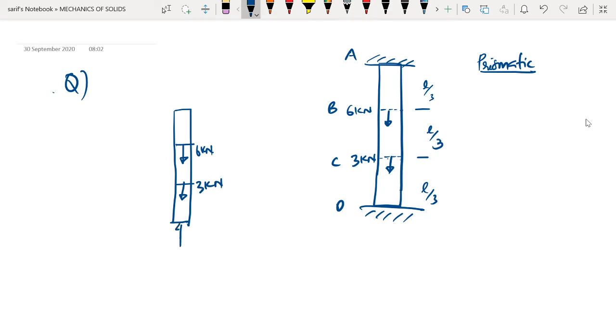So we can assume that the reaction here is upward, so RD is upward, and here we can assume that the reaction is downward. But if we look into the nature of the reactions, we can see that this reaction will be upward, this reaction also is going to be in the upward direction. Therefore we will guess that the reaction is going to be in the upward direction, and we will see whether our guessing is correct or not. So this is the reaction.